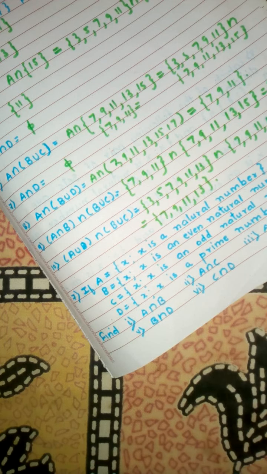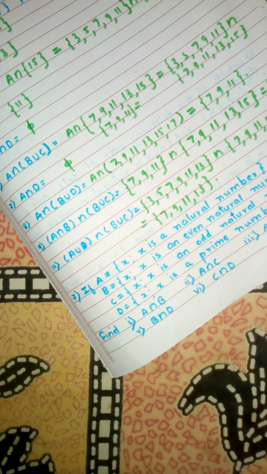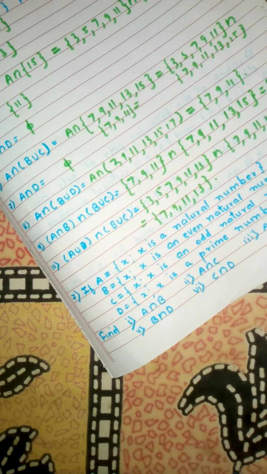So in this video we are going to solve question number 7 of exercise 1.4. The question says that if A is equal to {x such that x is a natural number}, B is equal to {x such that x is an even natural number}, C is equal to {x such that x is an odd natural number}, and D is equal to {x such that x is a prime number}. So these A, B, C, D sets are given to us in the set builder form,